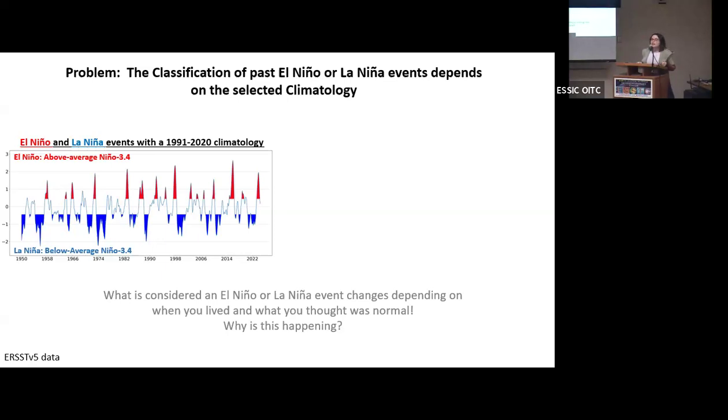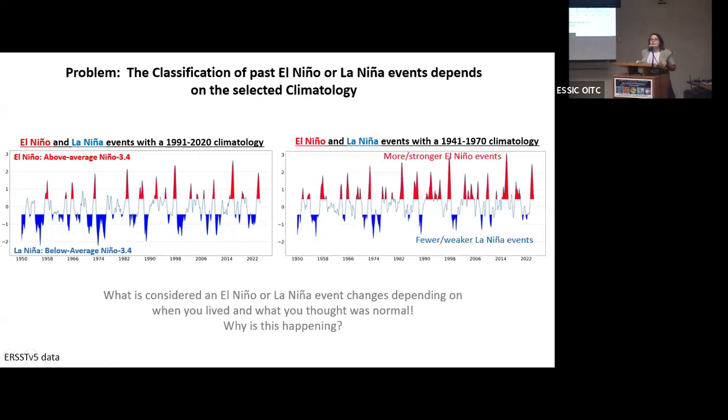And on the left there is our time series. It goes back to 1950 up through the present, and it shows the ONI. And this is using a 1991-2020 climatology. You see your distinctive El Nino and La Nina events, often multi-year, a little more in duration. You see the asymmetry. The El Nino peaks tend to be a little greater than La Nina peaks. So you see all these features.